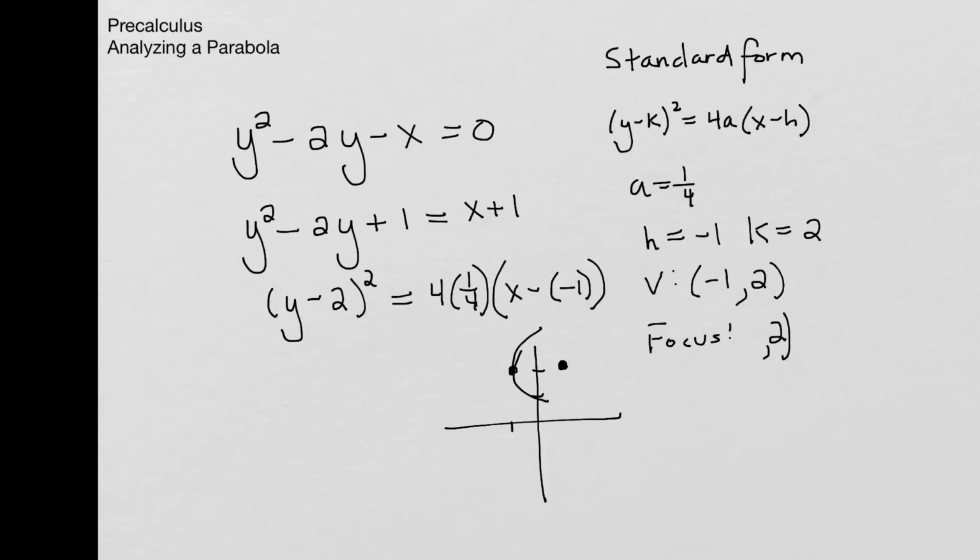So what I have to do is I take the x value of the vertex and then I add a. So negative 1 plus 1/4, that's going to give me, let's make some room here, negative 3/4, 2. So in actuality, I should have my focus very close by here. And then we have the directrix,